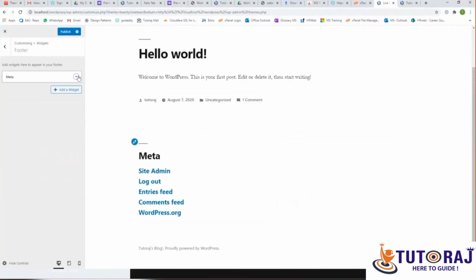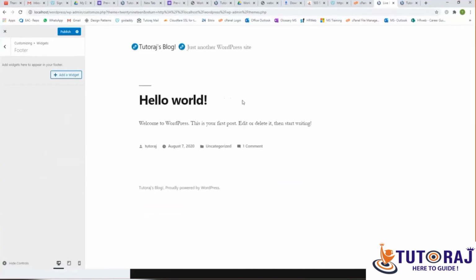After you have done for all of this, you will see that all of these contents are gone and you will have a simple page. After you have done this, it will not get reflected immediately. You just have to click on publish for whatever changes that you have done to get reflected.